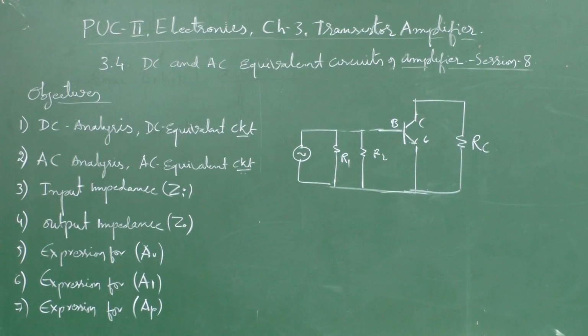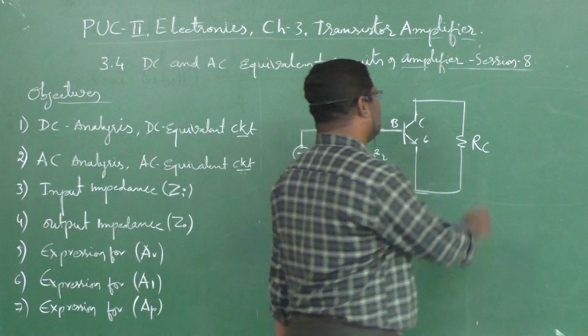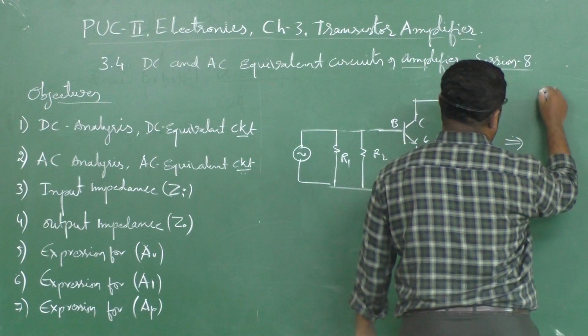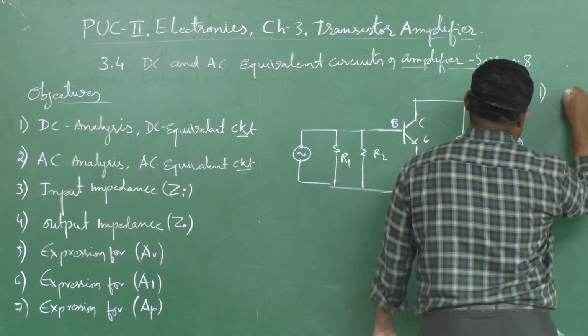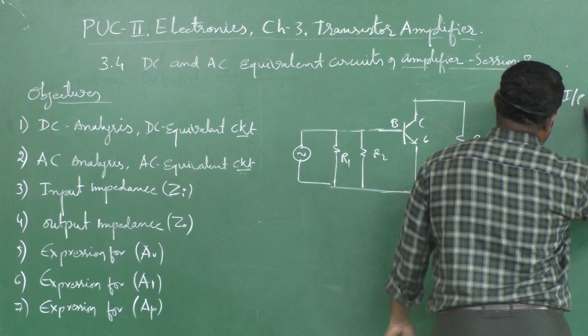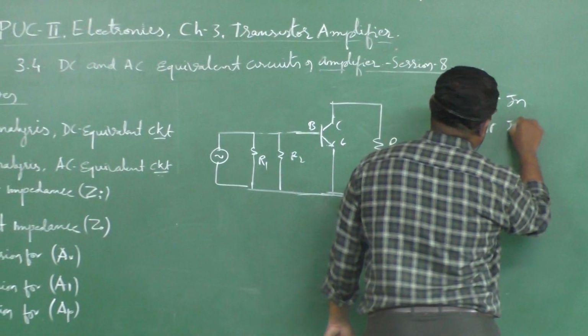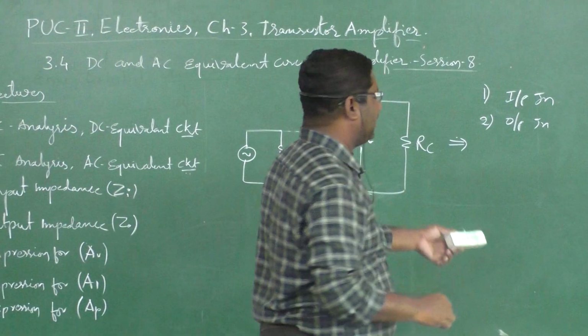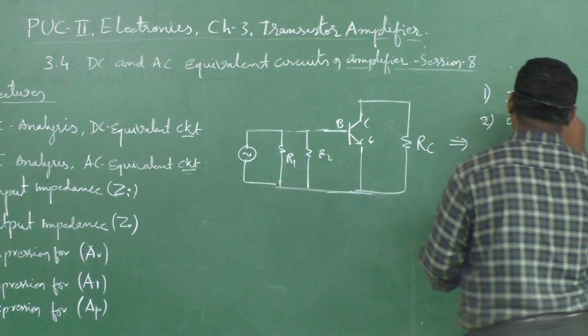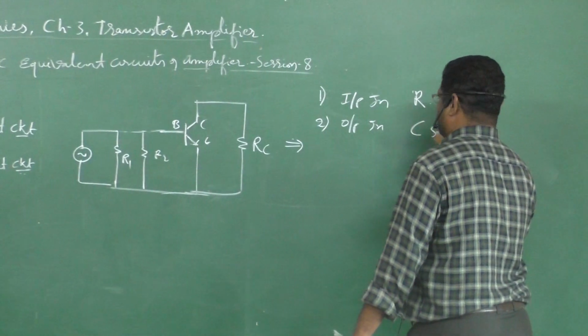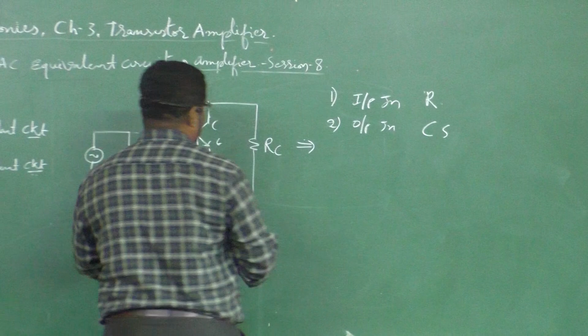And next one is replace the emitter base junction with the AC circuit, and replace the collector base junction. So here we have this circuit has to be replaced for the RE model. Number one, input junction, and number two, output junction. Input junction and output junction have to be replaced. So input junction should be replaced with resistance, and output junction should be replaced with the current source. So this is the condition.